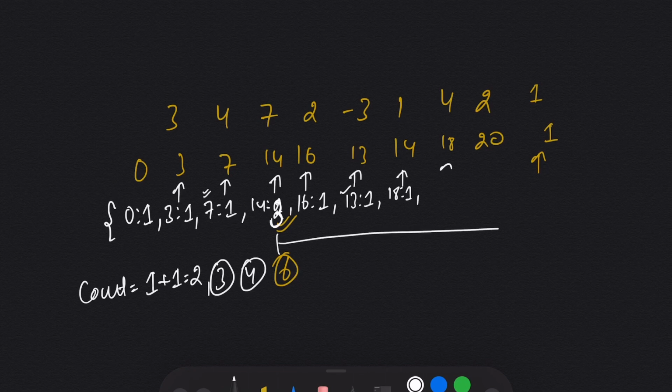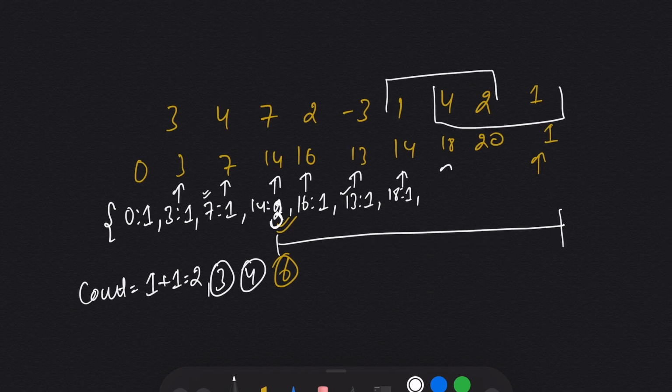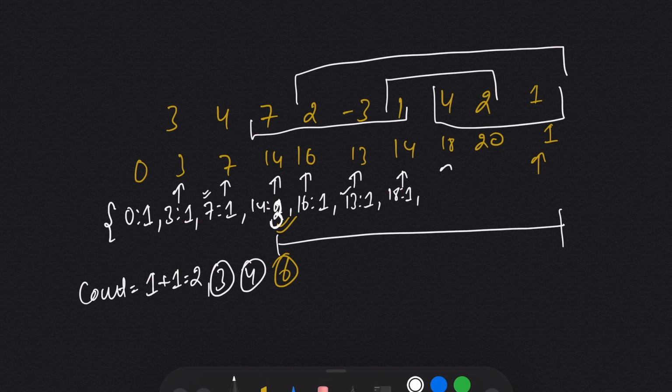And if you look at this part, we have this subarray whose sum is equal to 7, this subarray whose sum is equal to 7, this array whose sum is equal to 7, and this array whose sum is equal to 7. And if we check it manually, once we are using 14, when 14 minus 7 is 7 and we have 7 here, so this was a 1. And once we are using 20 minus 7, we have 13 here. And once we are using 21 minus 7, which is 14, we are using 2.